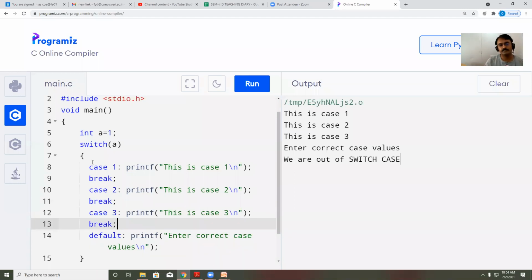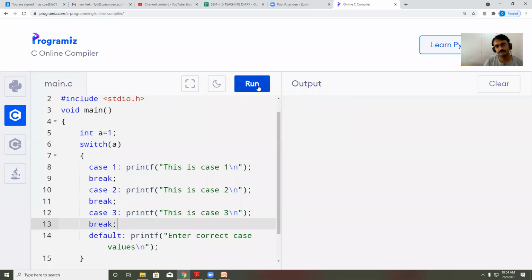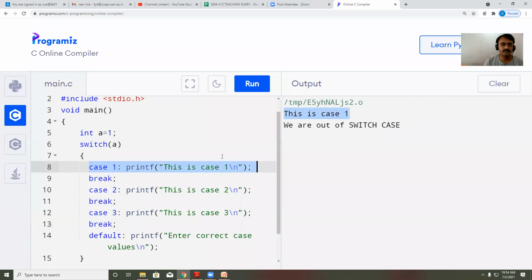Now check in this case. I will run the program again. See, this is case 1. After finding the exact matching value here, case 1, it will break the execution. It will not go to the further cases.